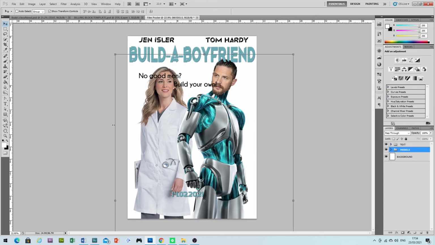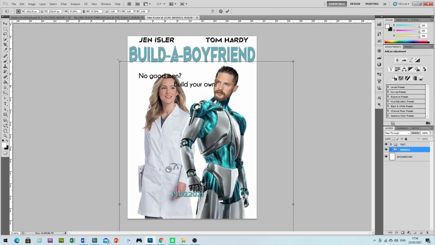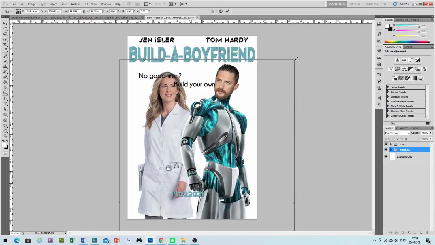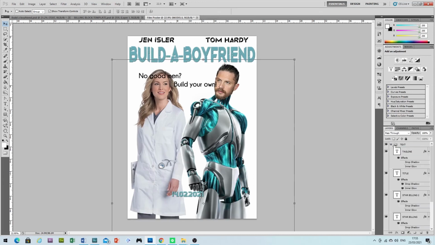Now you'll see as well that actually across the two images this is slightly different sized, and my models are slightly too big in this one. So I'm going to come in here and just reduce the size of my models just a little tiny bit, not too much. And I'm just going to take my female model by going in here. I'm just going to move her over. And remember, we can always go through at any point and start moving things in this